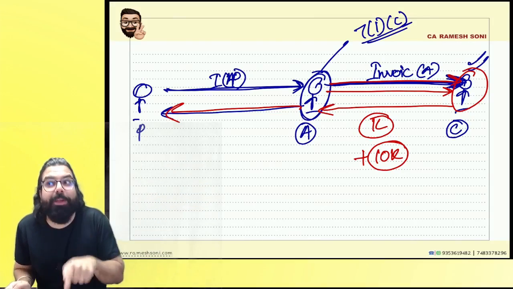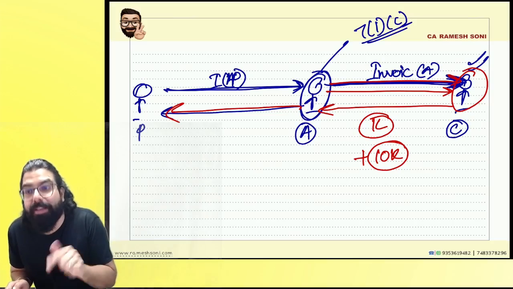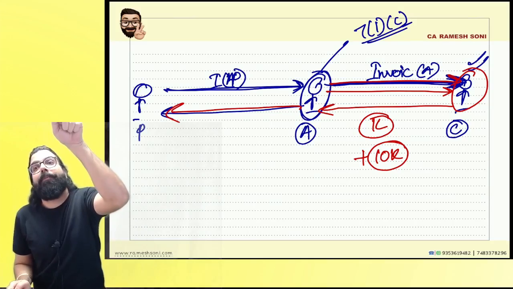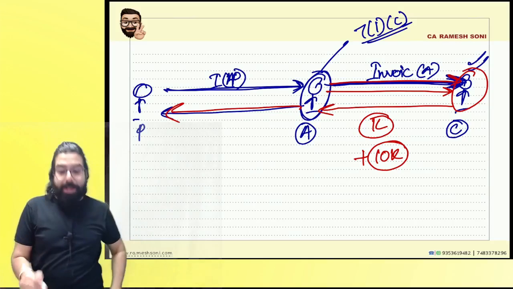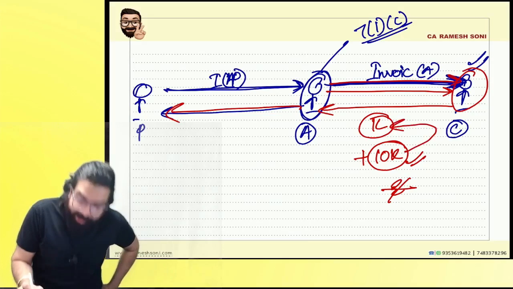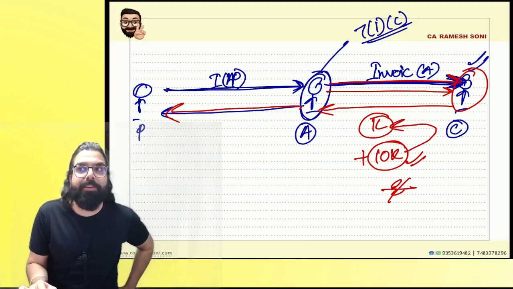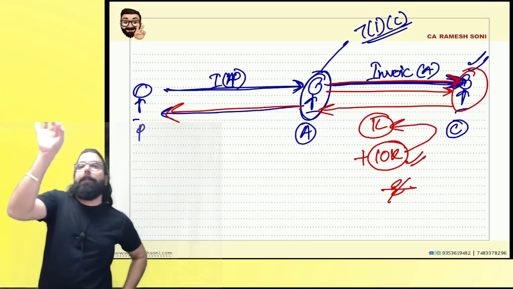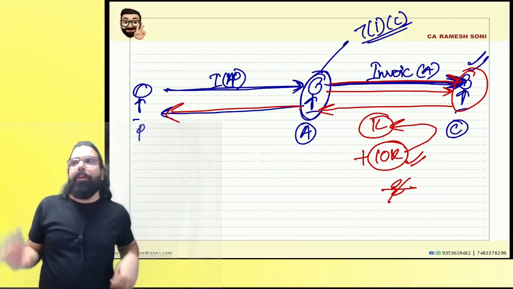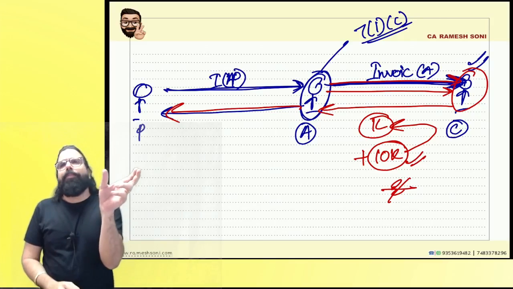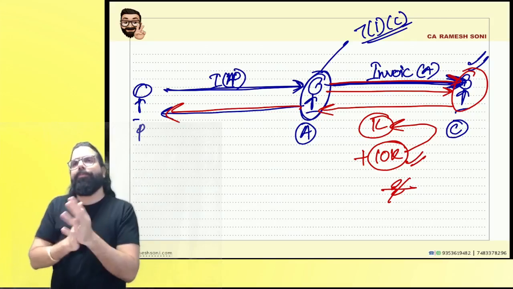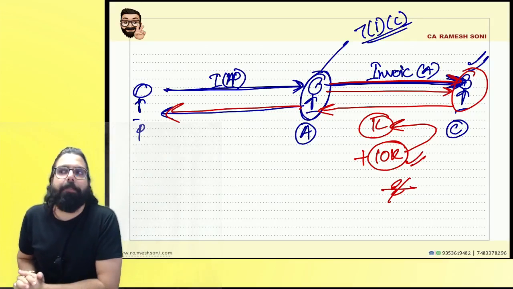Now, is interest to be included in the value of supply? Yes. Is interest independent or dependent on the principal supply? Dependent on the principal supply. Here, the interest will not be exempt. It will be included in the value of supply. And what rate of GST will apply over here? Whatever is the principal supply's rate of GST, that will apply. Basically, whatever is the 10,000 rupees, you have to exclude the GST amount and then include it in the value. Is my point 100% clear to all?